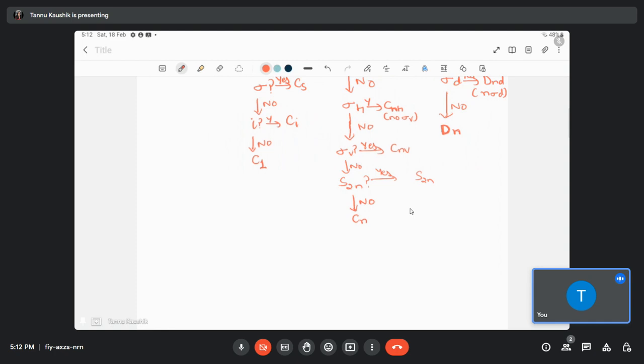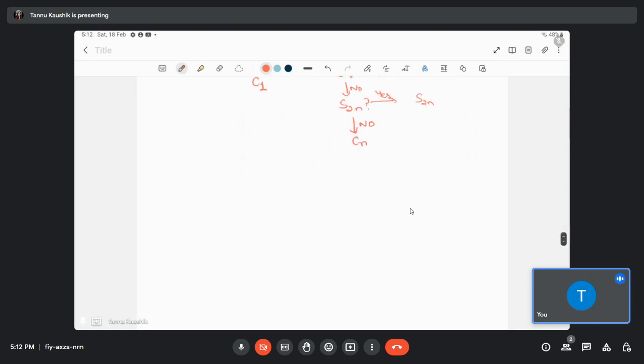So the chances of any mistakes will be highly reduced, and while practicing the molecules with this flow chart, you will be able to remember it for a longer time, I would say. Okay, and also the applications of these point groups,